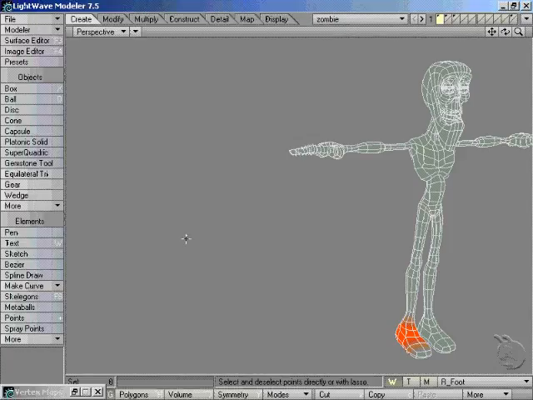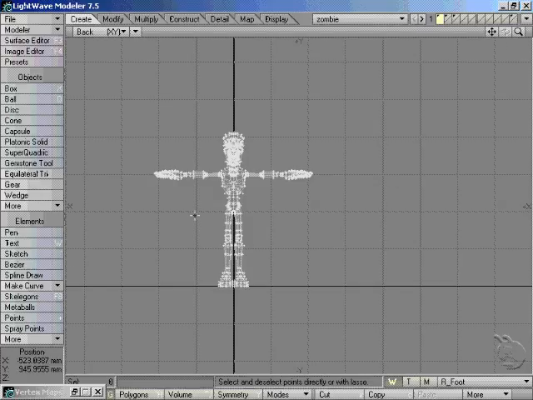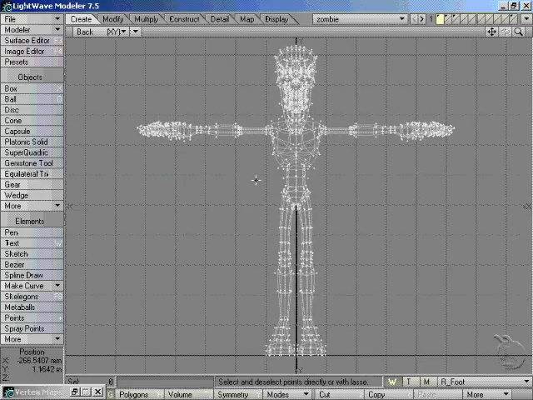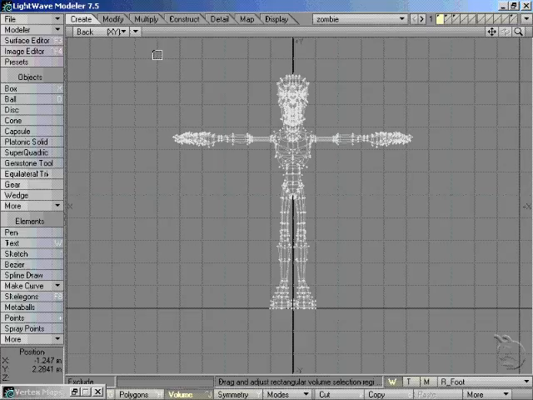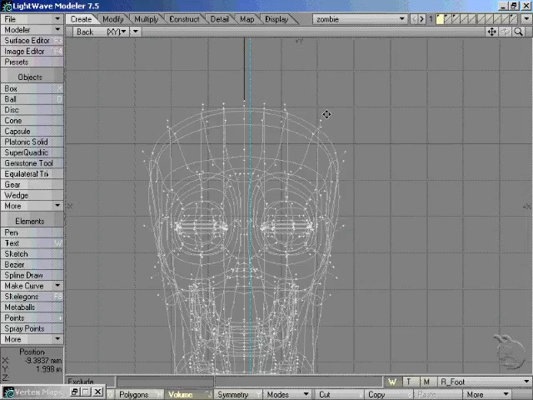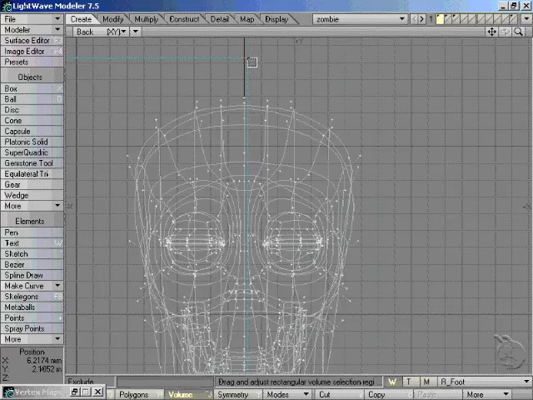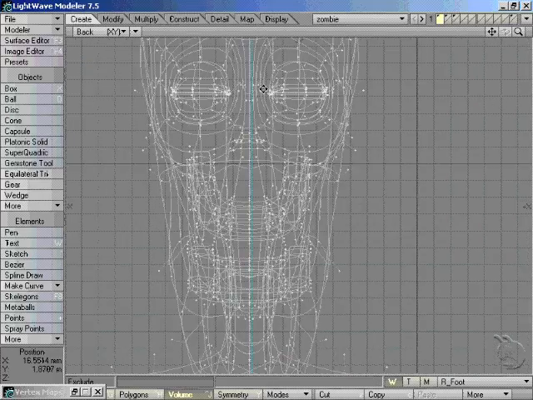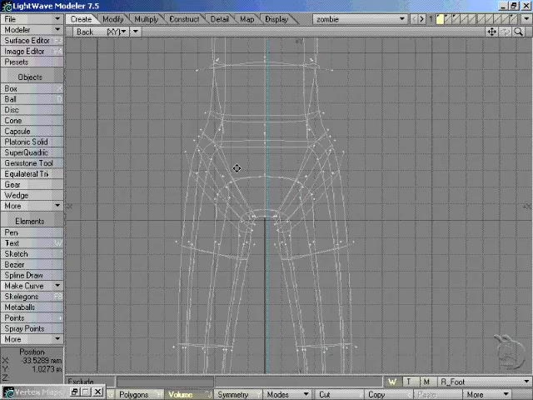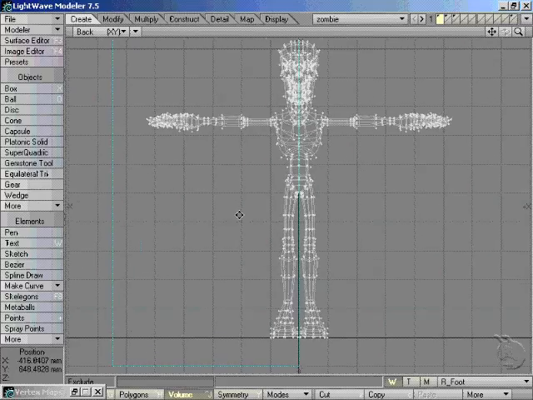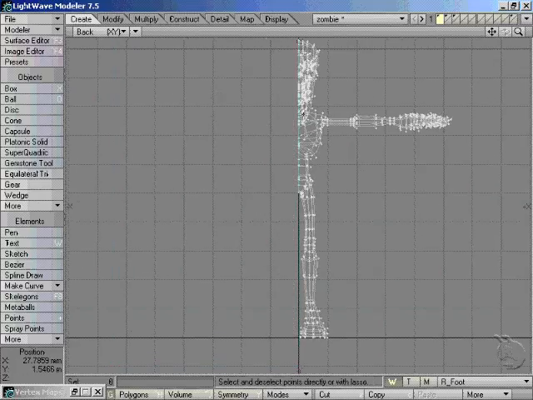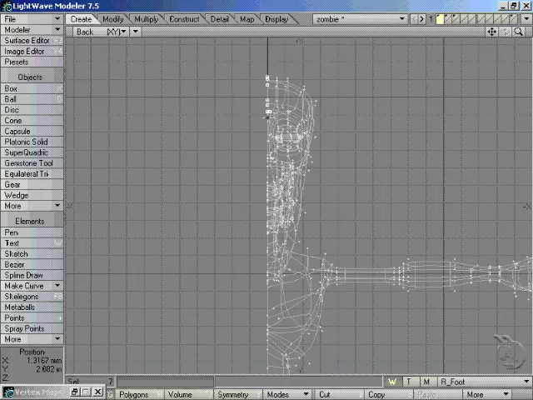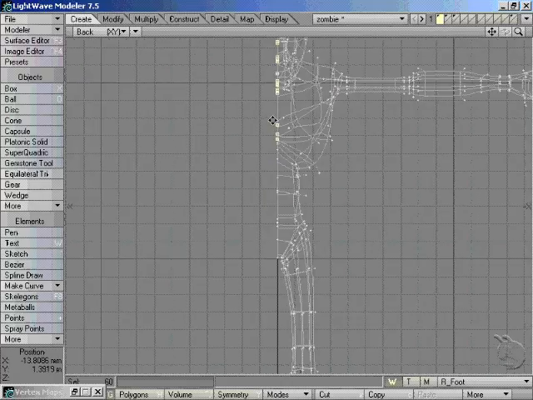First thing we'll do is, let's minimize that for a second. I'm going to go into the back viewport, and I'm going to grab my volume selection, and on the left side of the character, I'm going to select everything on the negative x-axis, just by quickly selecting this, making sure that I'm not crossing over any points that are to the right of the x-axis. Okay, and then with that, I'm just going to go ahead and delete. Go into point selection mode, and select all these points here on the axis,